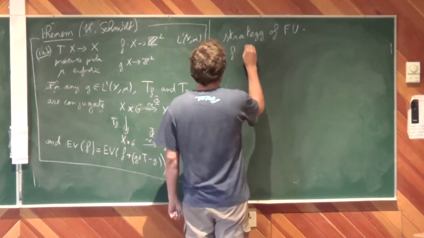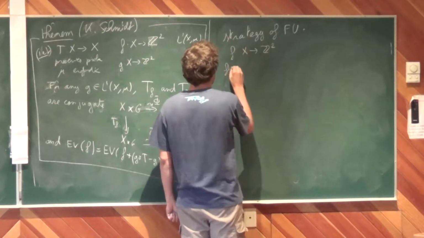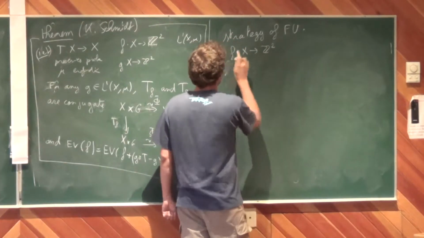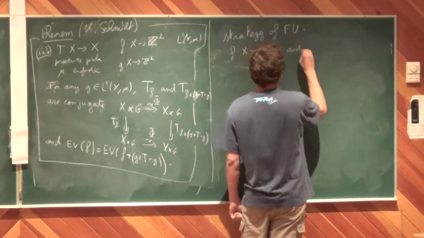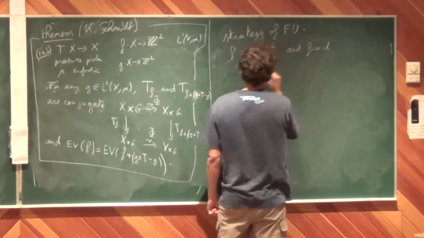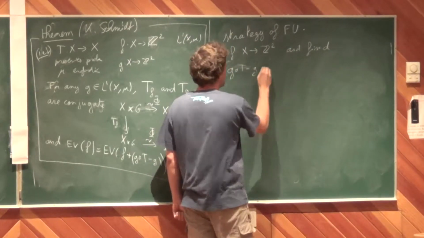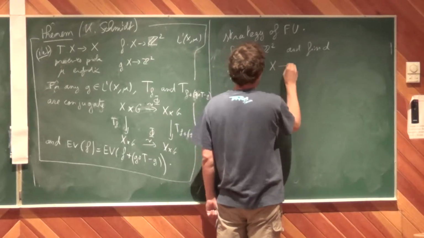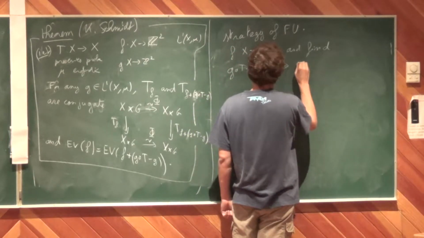You have f which goes from X to Z2, and you start from it and find a coboundary that goes from X to what? To alpha Z2,